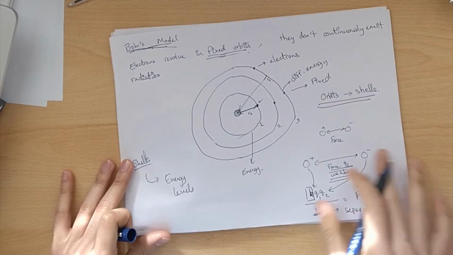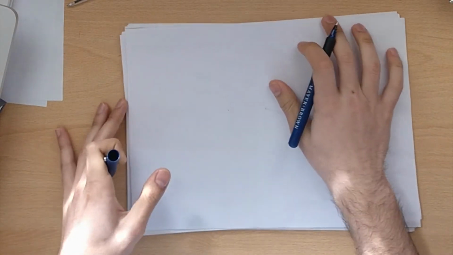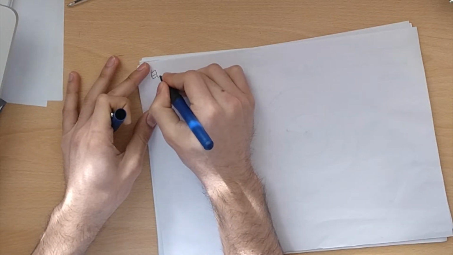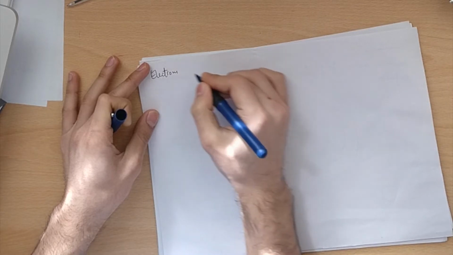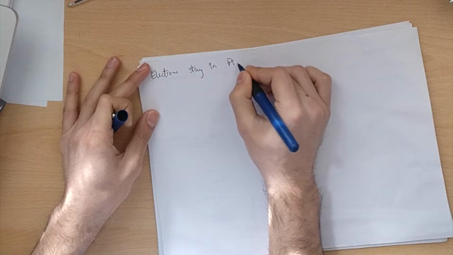So if shells are energy levels, what Bohr is actually saying is that electrons stay in fixed energy levels